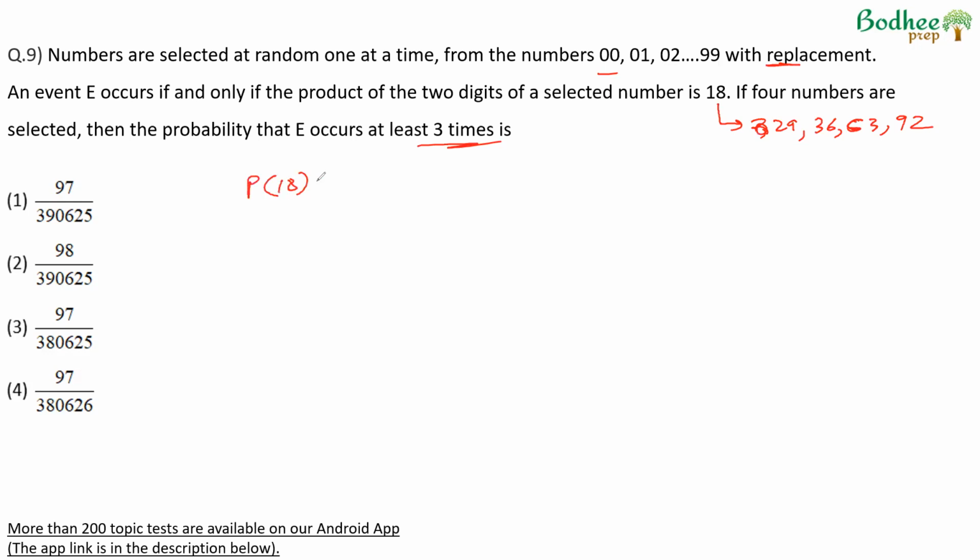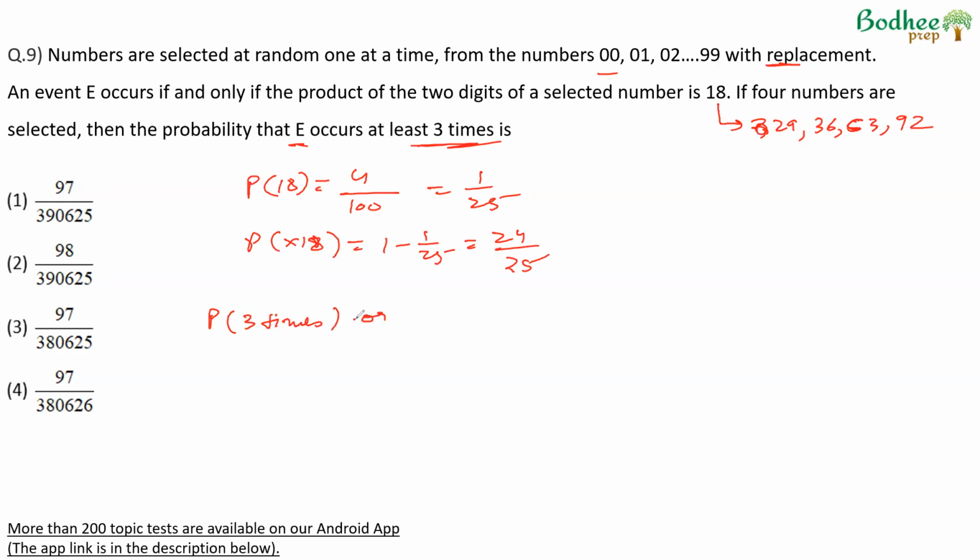Probability of getting a product of 18 will be 4 out of 100, because 100 numbers are there. 4 are favorable, therefore 1 upon 25. Therefore, the probability of getting a number which does not have a product of 18 will be 1 minus 1 by 25, or 24 by 25. We want E occurring at least 3 times. So E will occur 3 times, plus E will occur 4 times. At least 3 means 3 or 4. 3 times 1 by 25, 1 by 25, 1 by 25 into 24 by 25. Plus 4 times